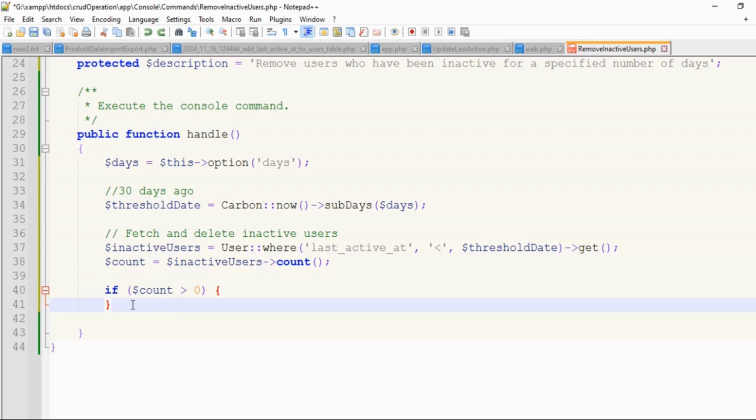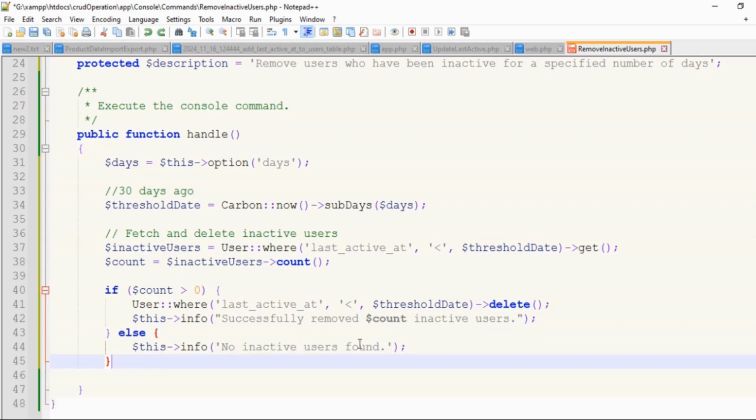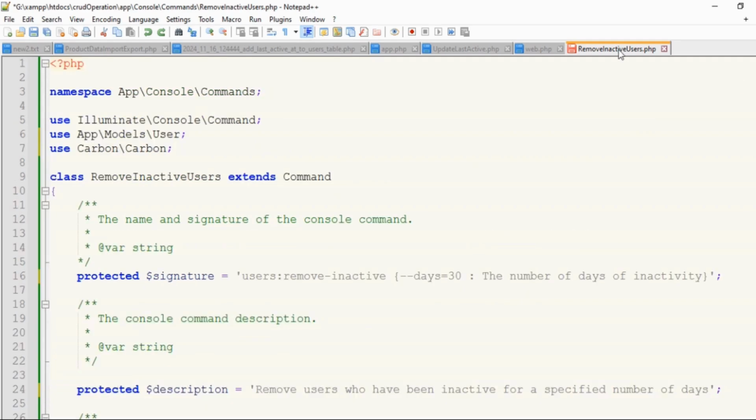After that, check if the $count is greater than 0. If it is, execute a query to delete accounts that have been inactive for the specified period and display a success message. If $count is not greater than 0, display the message no inactive users found. Finally, return 0 to indicate that the command completed without issues. In command line operations, returning 0 signifies success, whereas returning any other value indicates an error or failure. After completing all these, save the